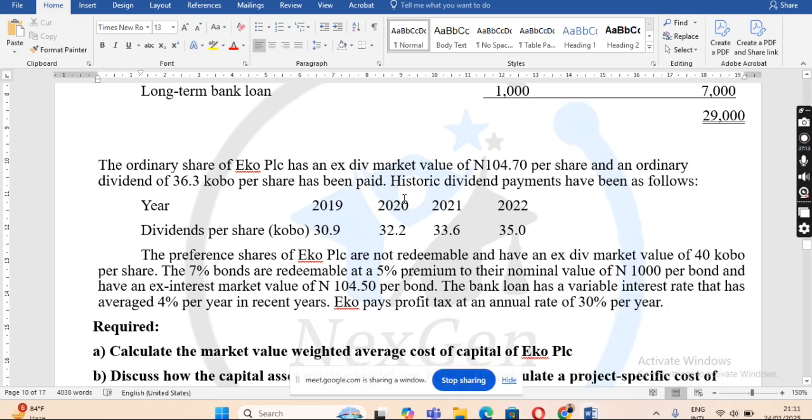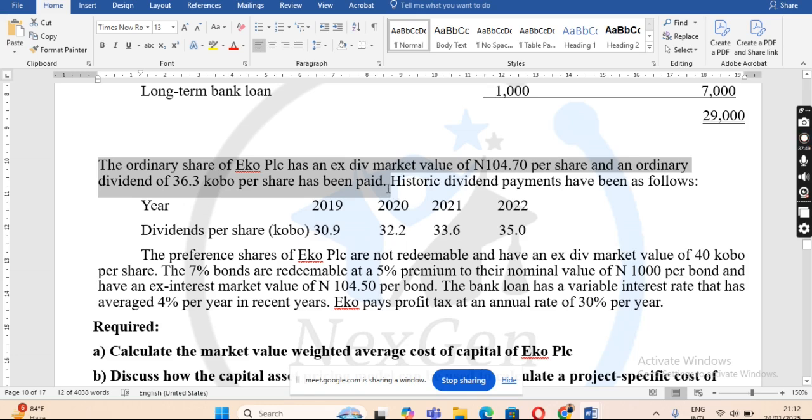Now, you can see that this is the historical dividend, class. And here, the financial statement was supposed to have 2023. They were supposed to put 2023, but because they want to confuse the students, they didn't put it as 2023. They now come to this part and tell you that an ordinary shares dividend of 36 naira 3 kobo per